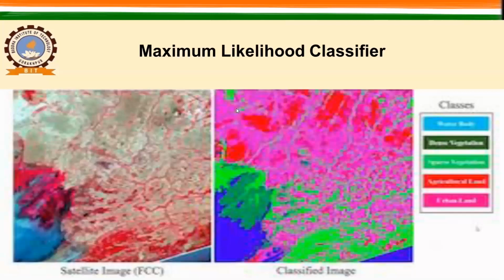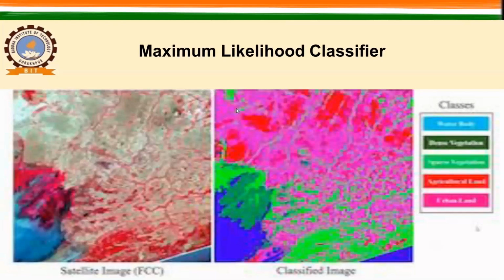That is better when you do not want to classify the whole area into the available classes. Suppose you want to classify these images into only two classes, water and forest.